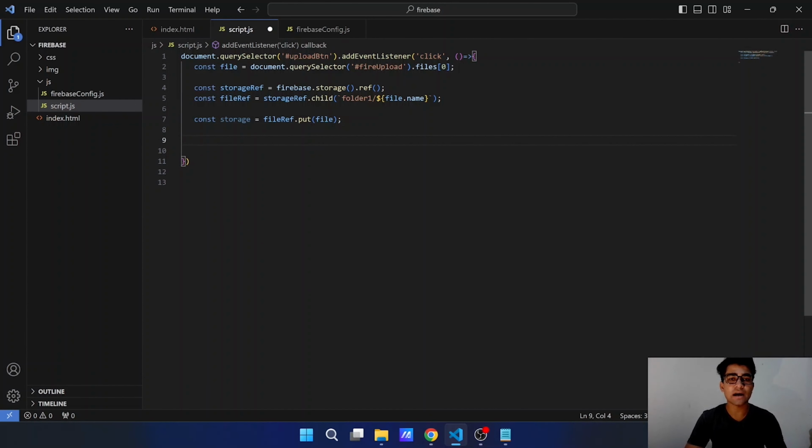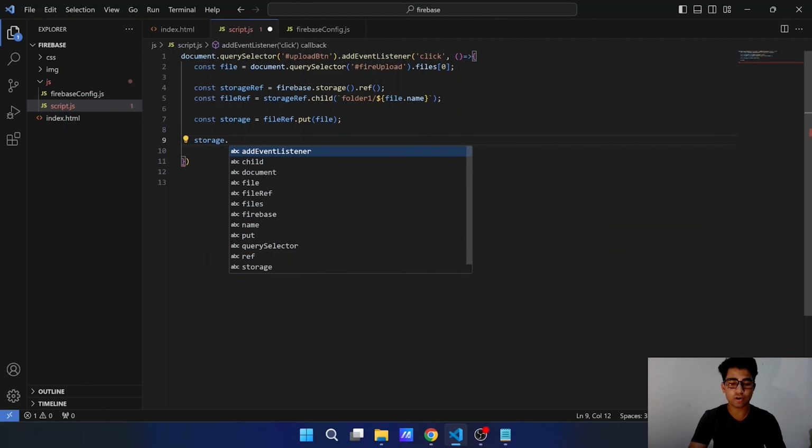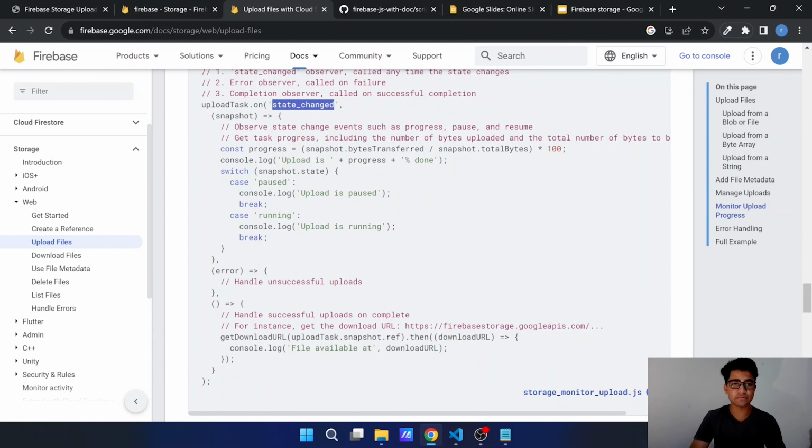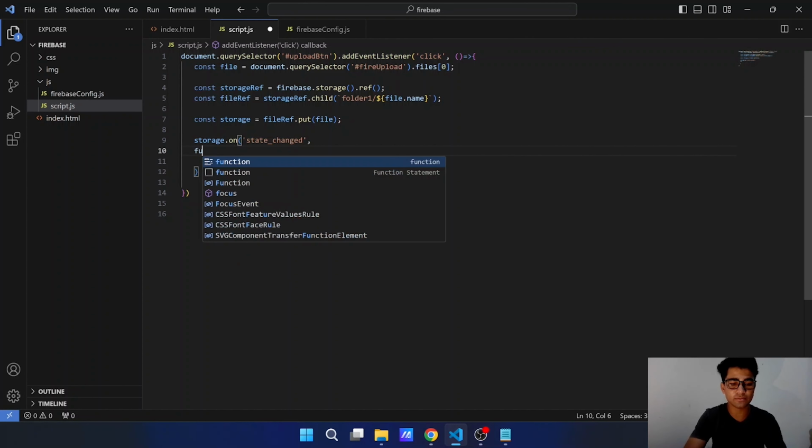So in here, I have this storage variable created. So I'm going to use that variable, storage.on. This storage variable has an event, and that event is a state change event. Let's define a function